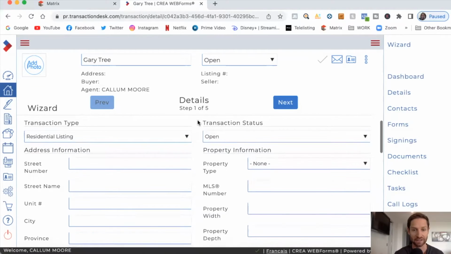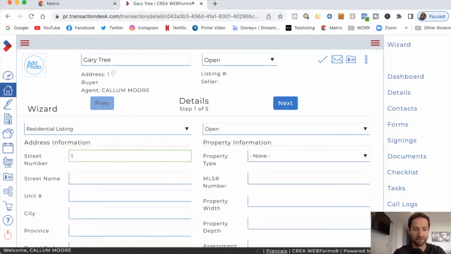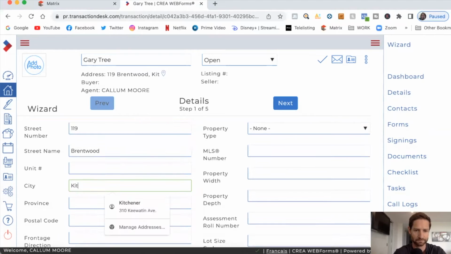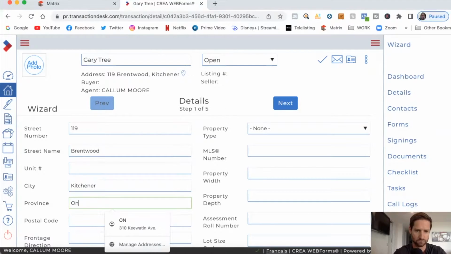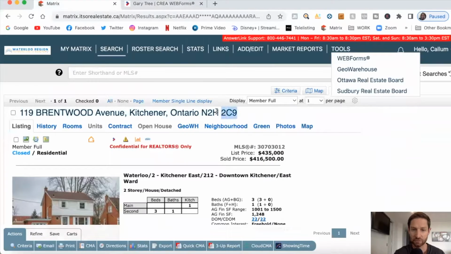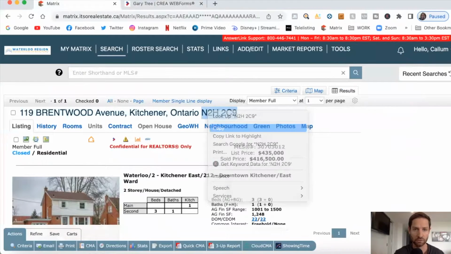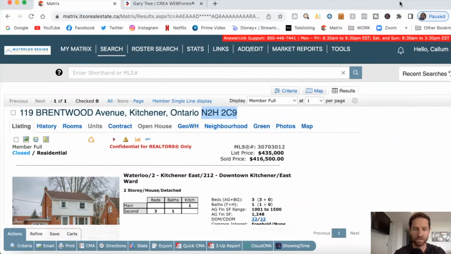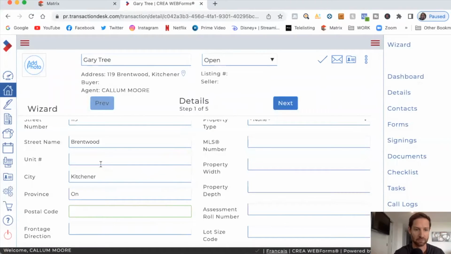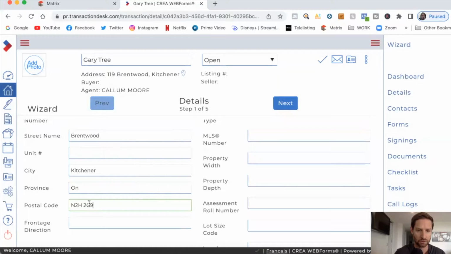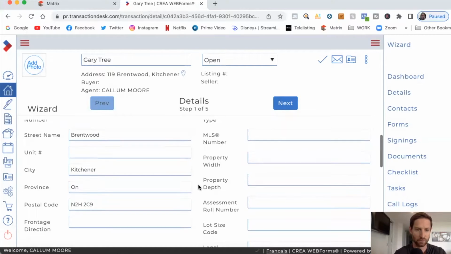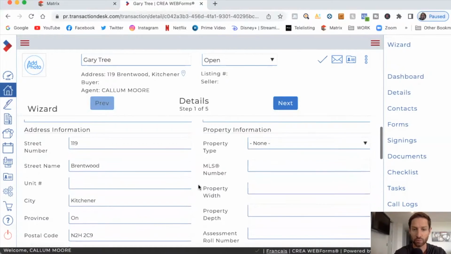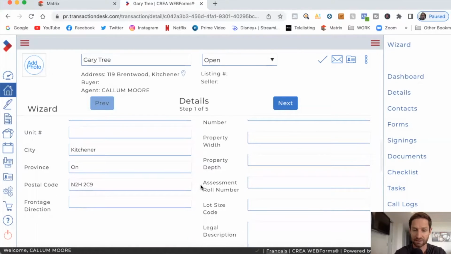And you want to just start filling it out so it auto-populates in your forms, which we'll touch on. So basically that's street, and I'll fill this out. I'll speed this up right here, but you want to start filling this out. Go back to the listing. If you need any information that you don't quite know, it's all here for you. And if it's not here for you, we're going to be going to Geo Warehouse, which I'll show you what's up there. Postal code. We don't need frontage direction here, but let's go property width, property depth, assessment roll number,